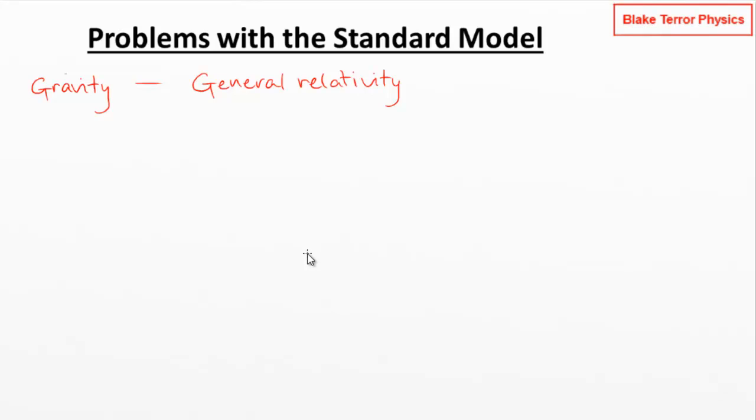But if you're looking at the early universe, where you've got very dense conditions with a lot of gravity thrown around, and you've got electromagnetism and all of the fundamental forces coming together, then this is one of the reasons why there is no particularly good description of the early universe. So that's one of the big problems. How are we going to get gravity incorporated into it so it's all compatible?